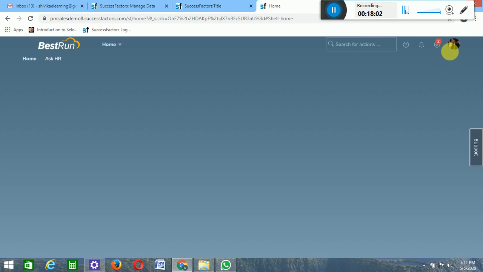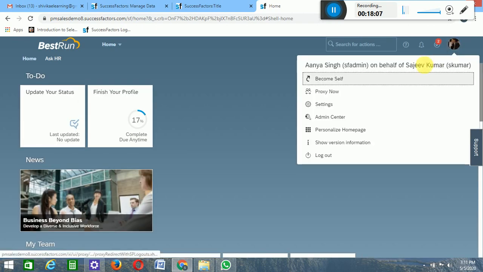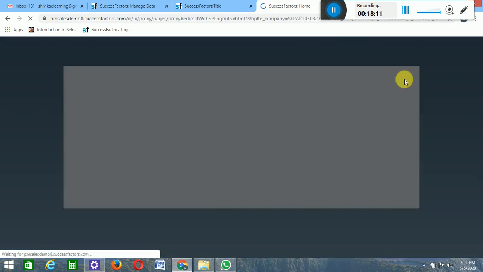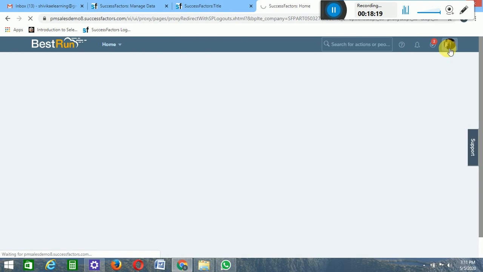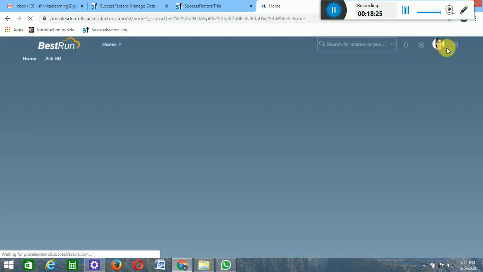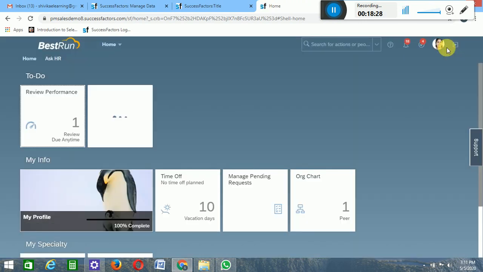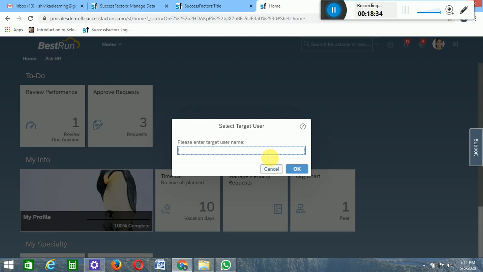Let's check the remaining ones. I told you, right, any one of the group is enough to approve it. The rest of them don't require to approve at this moment. So let's check whether they have a similar approval or not. Because once the approval is done by one person present in the group, the rest don't get the approval request at all. So we'll go and check by proxy now.